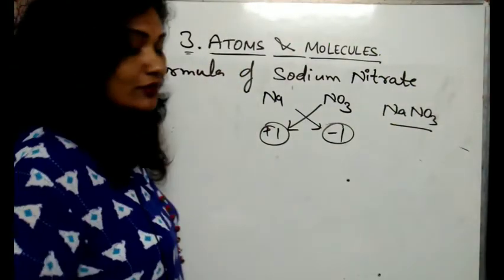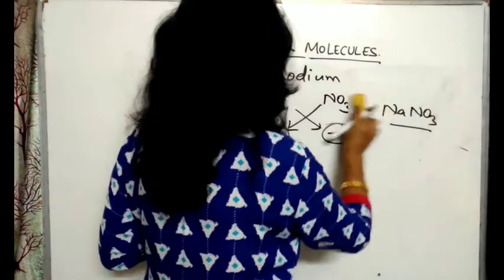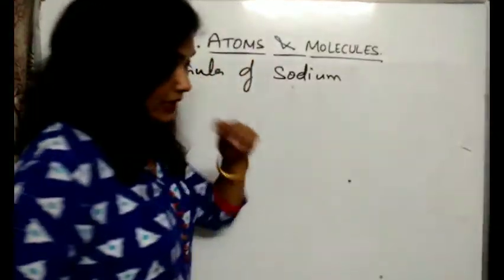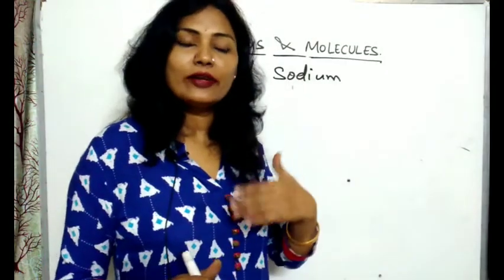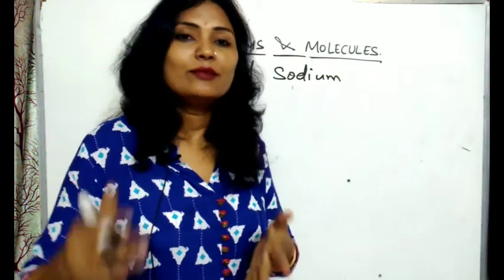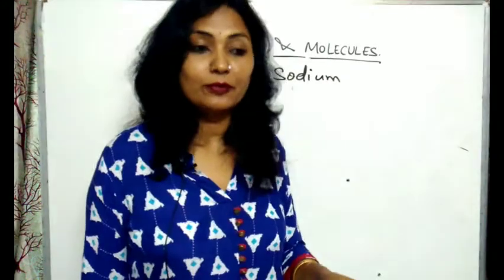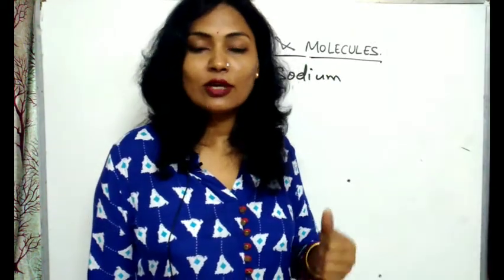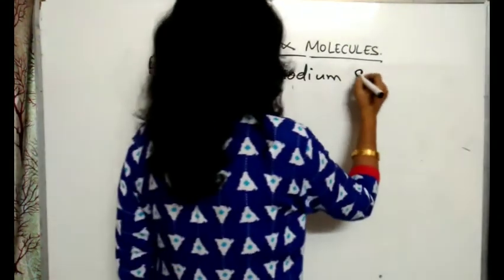Okay. Next we can take the formula of sodium sulfate. Like I have given these examples, I have taken sodium only. So you can write other examples by taking magnesium. From all these compounds you can form, like magnesium oxide, magnesium carbonate, magnesium chloride, then magnesium sulfate, magnesium nitrate. Okay, like that you can form all the compounds. Got it? So sodium sulfate.